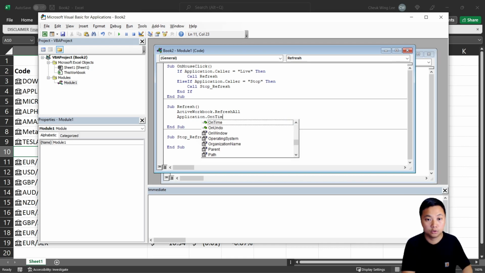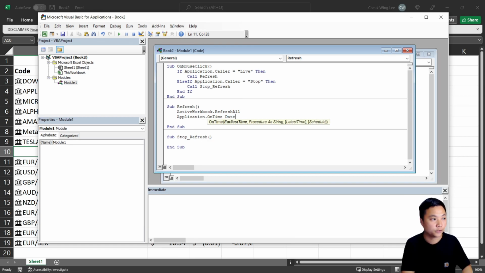And this while loop is the OnTime function. There are two arguments that I need to add. The first argument is how long we should wait before refreshing this notebook. So I should say how frequently we would like to refresh this notebook. In this case, say 1 second